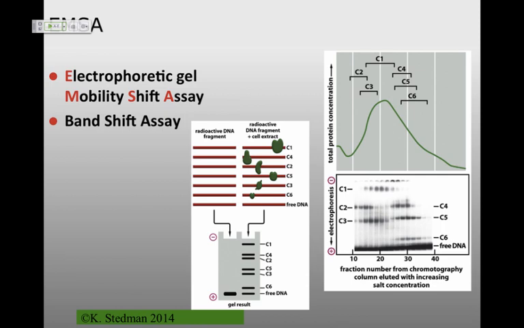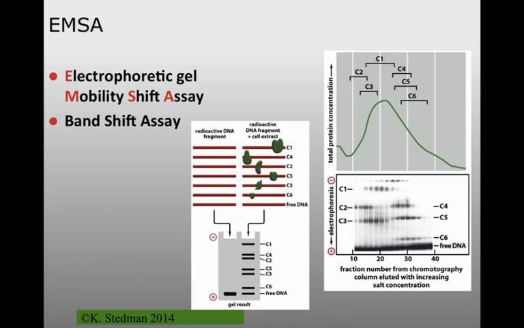The first one is called EMSA. They don't like that very much. Most people will call it the gel shift assay. But EMSA stands for electrophoretic gel mobility shift assay. And basically all that it is, you have a DNA fragment, and these are just multiple copies of that same DNA fragment that you mix together with, say, all those proteins that you saw on that last slide. Then when you run them out, you separate those fragments on a polyacrylamide gel, and those fragments that have bound to a particular protein are going to go through that gel either faster or slower.